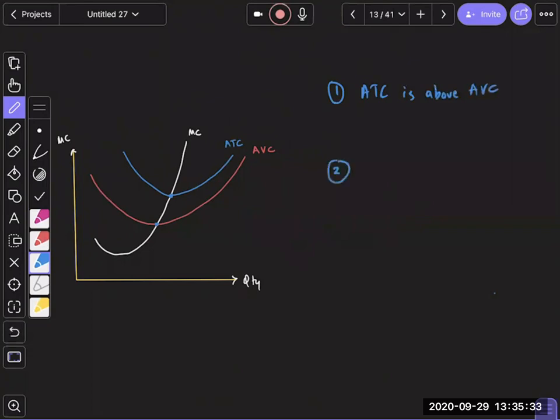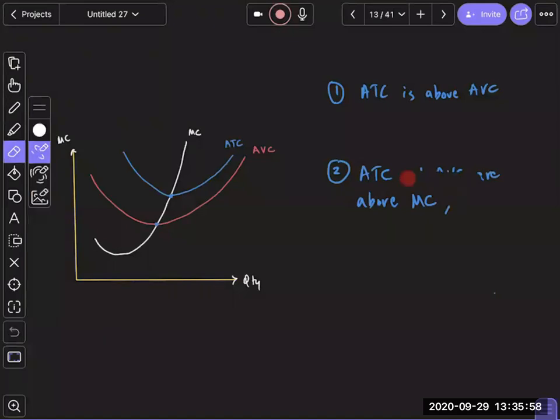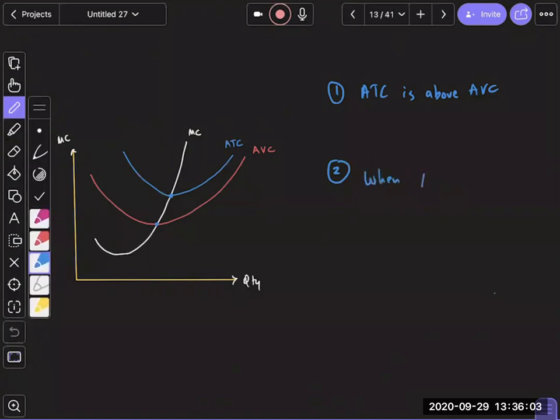Number two, ATC and AVC are above MC. In fact, I should say, I missed the word, when ATC and AVC are above MC,